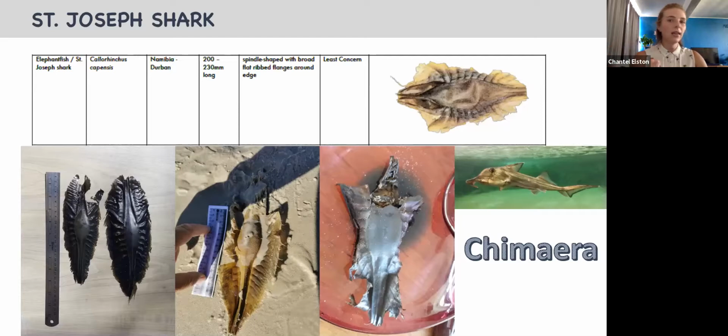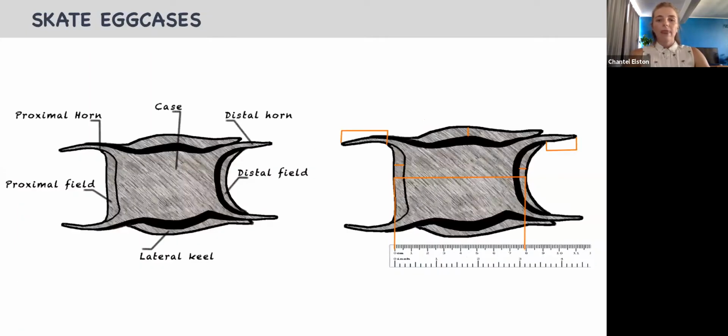And if you see anything that looks like it, you know for sure it's going to be a St. Joseph shark. So that's another pretty easy one to identify. Then we get onto the trickier ones, and I hope you're still with me because these ones are a little